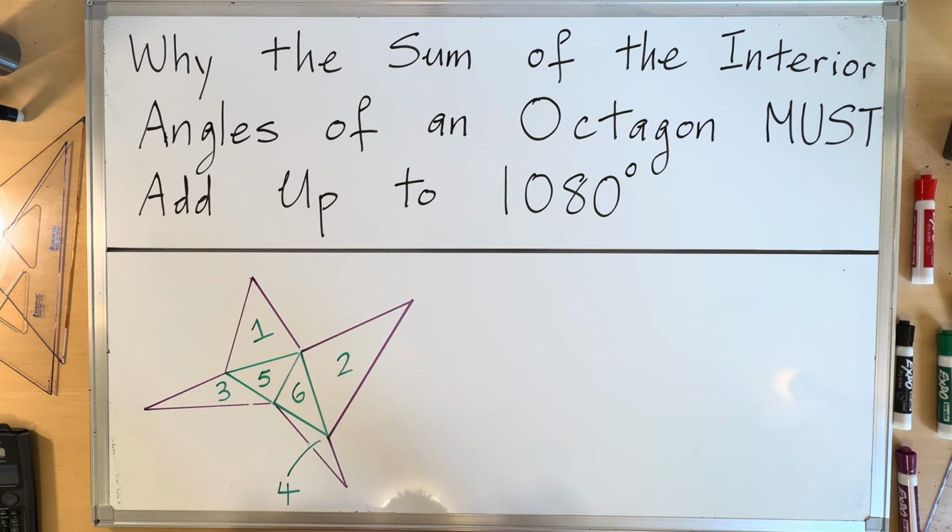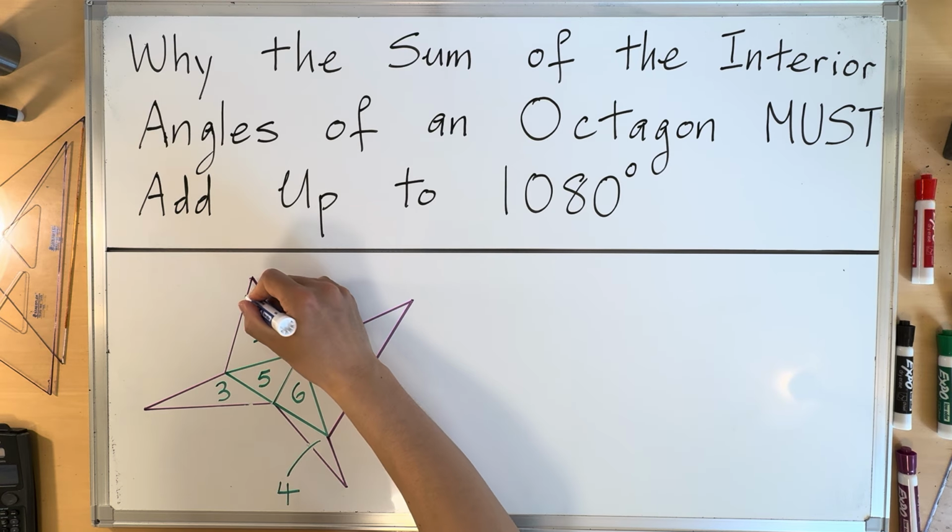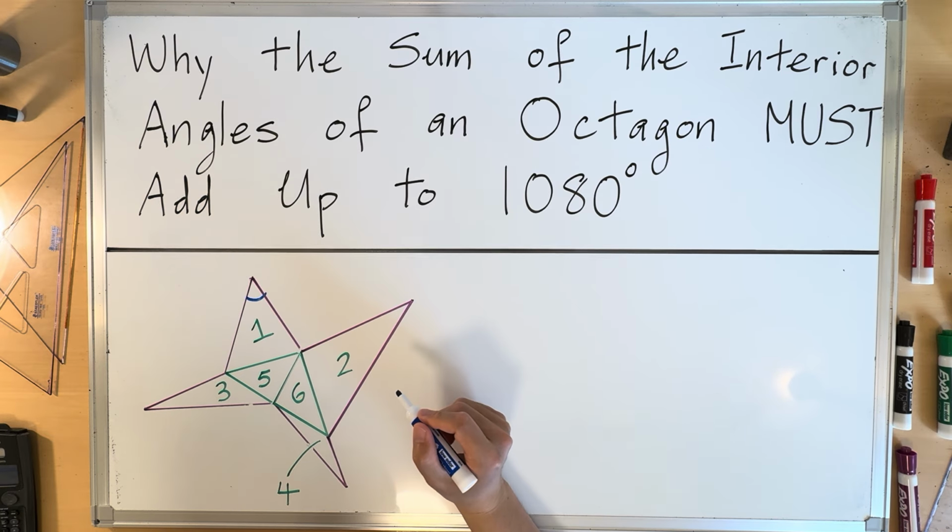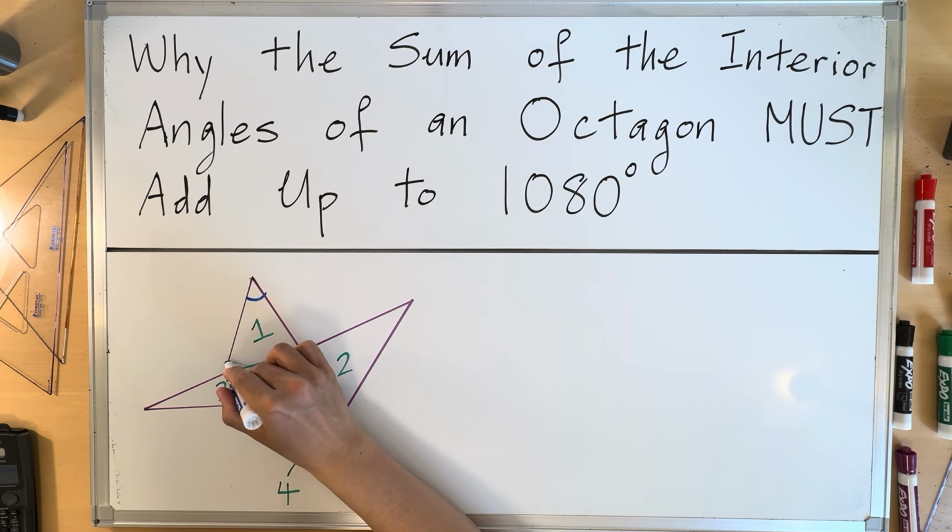And it also has 8 points. We can think of it as 8 internal or external angles. But for this purpose, we will consider it to be internal angles. So we have one internal angle right here, a second internal angle right here,